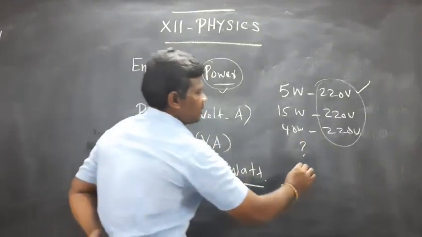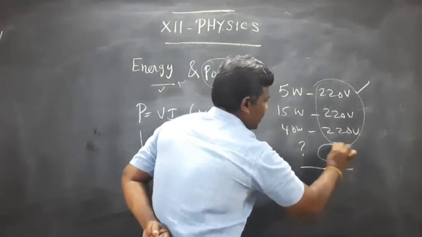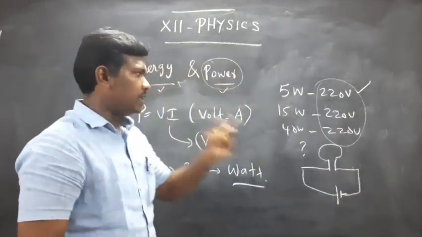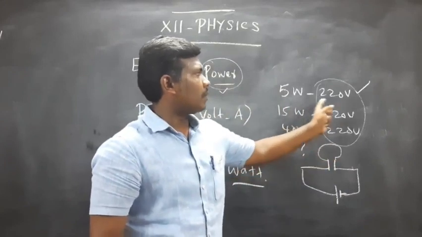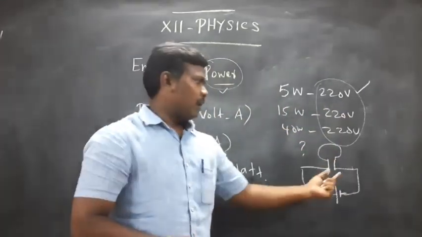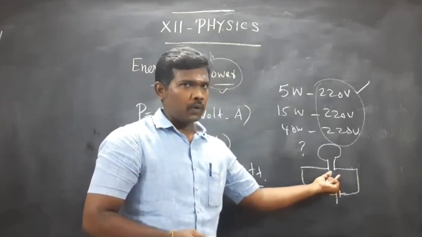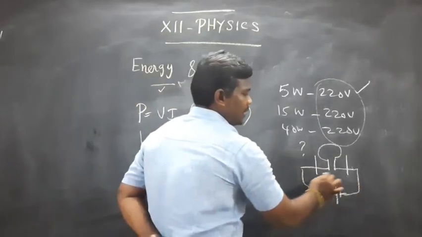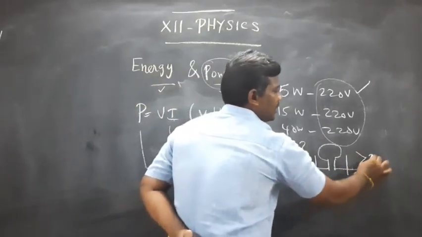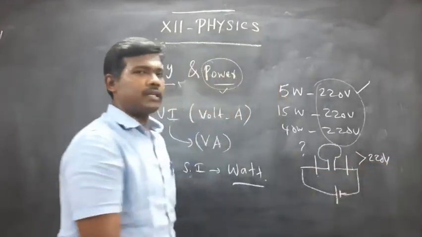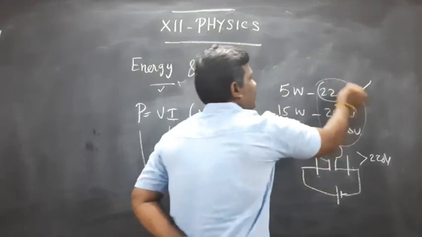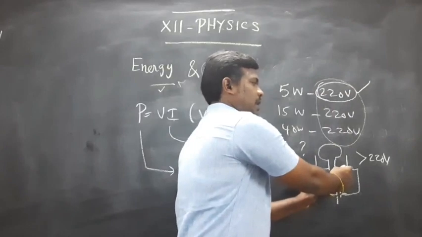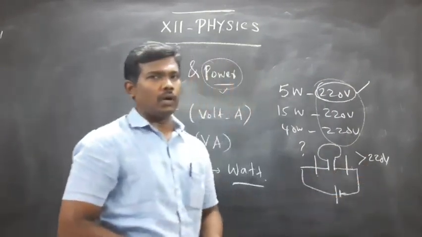Now using this simple circuit, here we are using the bulb and it is connected across the power supply. In this bulb we are choosing 5 watt power and 220 volts. Now this bulb is getting fused. Now we are going to see the reason why it is getting fused. If the potential difference across the bulb is greater than 220 volts, which is the value mentioned on our bulb, then definitely the bulb gets fused.